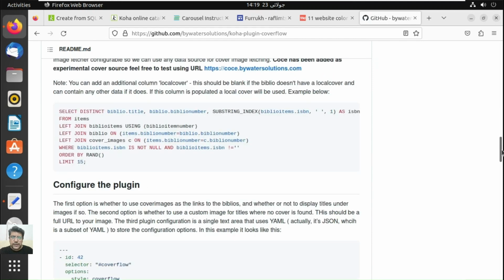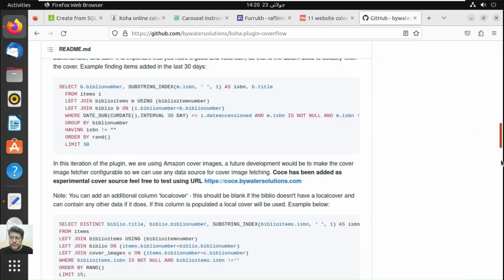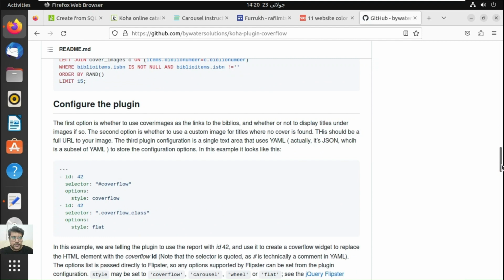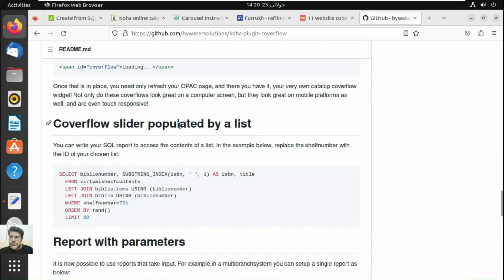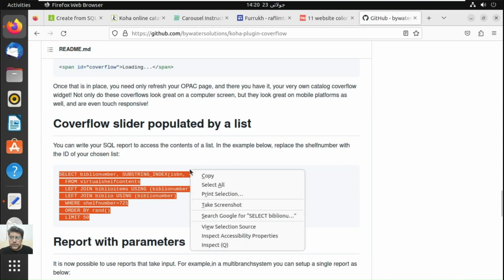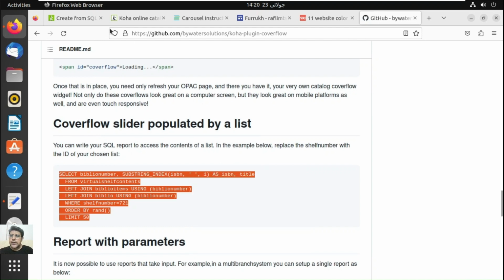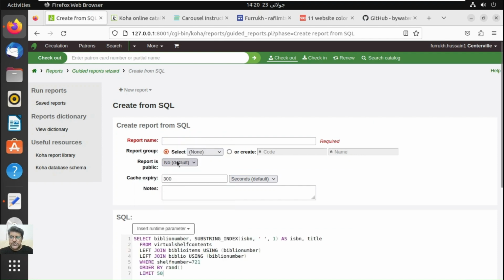So you can generate a public report. Further, you can configure with, okay, there you can populate by a list. Copy this SQL code, and paste here, and cover flow,